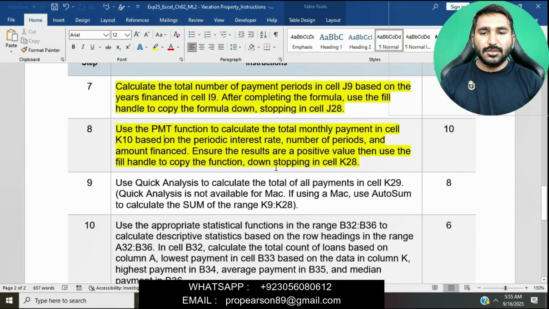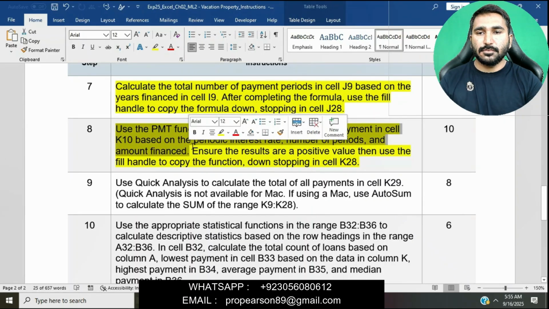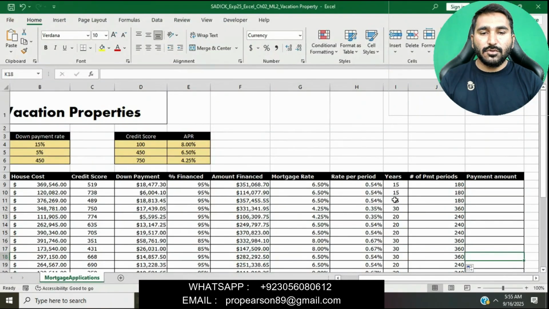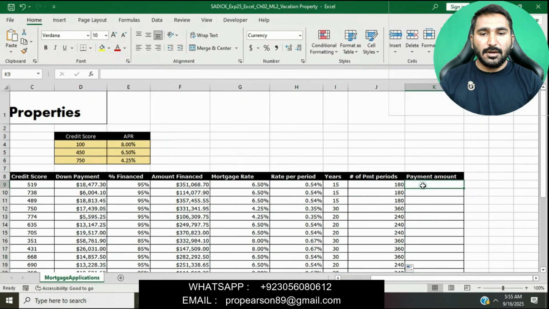Basically in this question we will have to enter a formula in cell K10. We will enter a PMT function. We will go to cell K9, press equal to, and enter the PMT function.